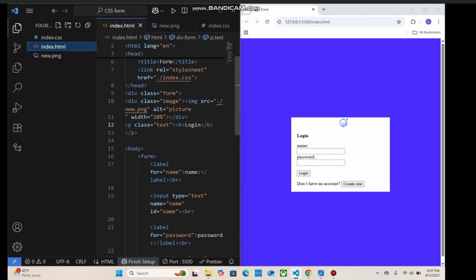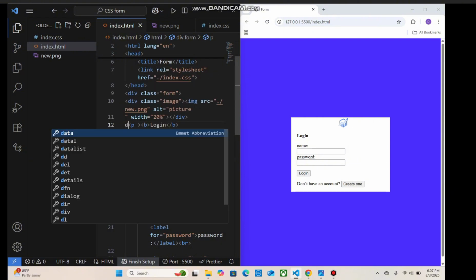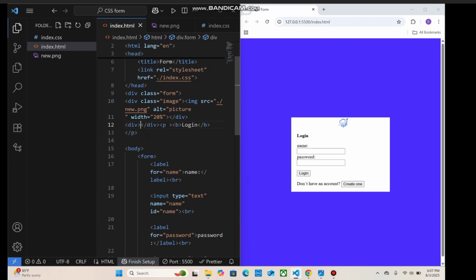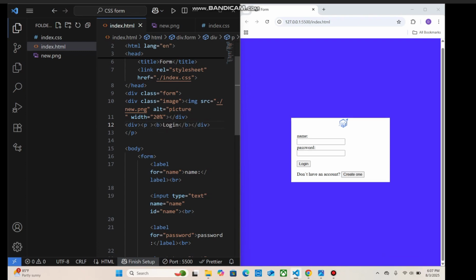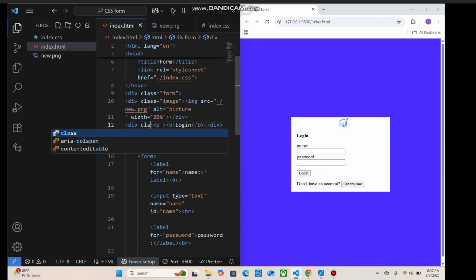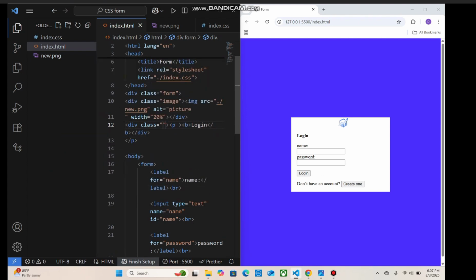So let us go back again. Let us create a div, a div here. Then put the login inside. Then create the class text. So the div must